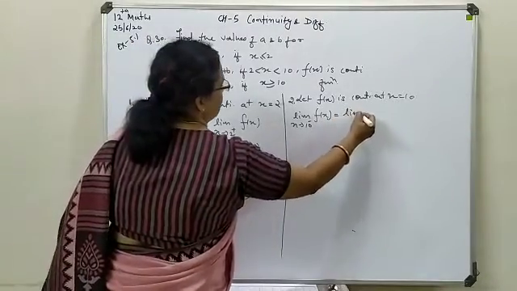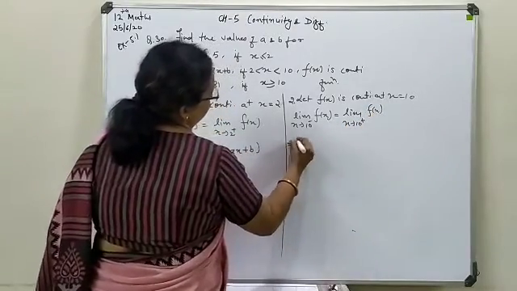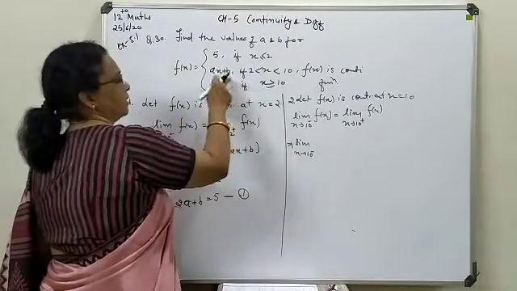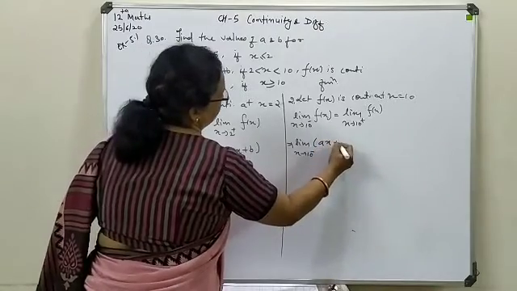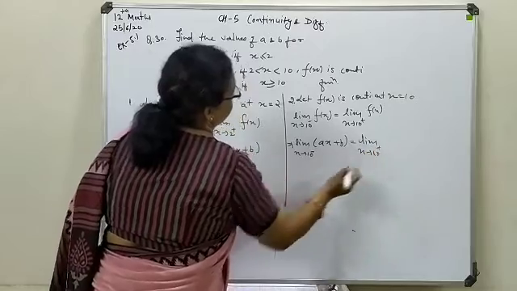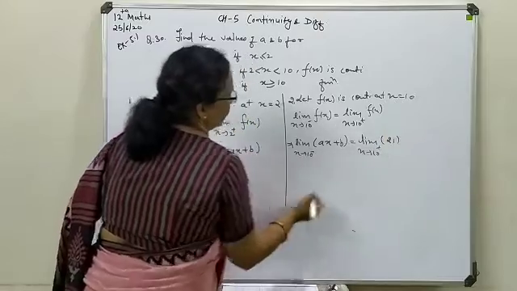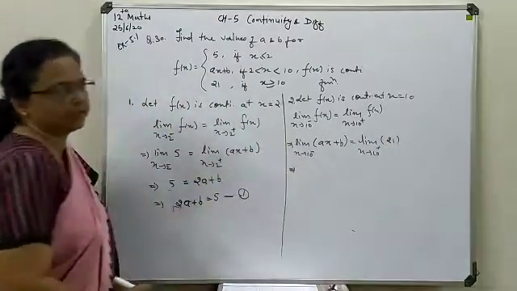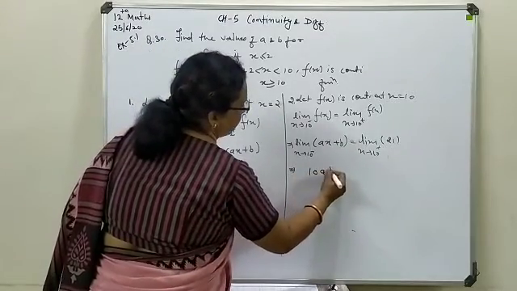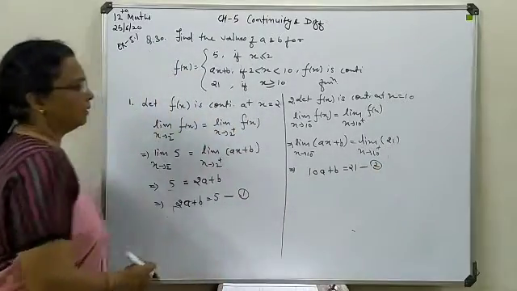That will be same as the right limit solution. Substitute the respective function. 10 minus means less than 10, so your function will be ax plus b. This is limit x tends to 10 plus, meaning right limit, for x greater than 10, again we have a numerical value 21. Here go for substitution of the limit as 10, so that will be 10a plus b is 21. That you will treat as the second equation.